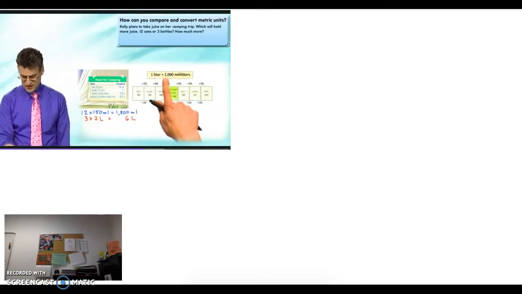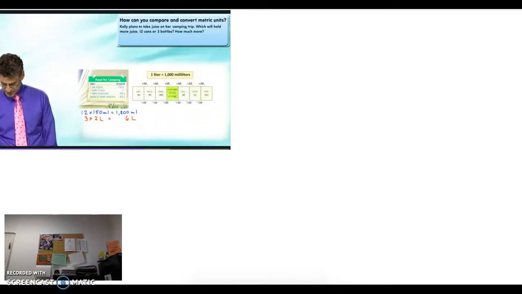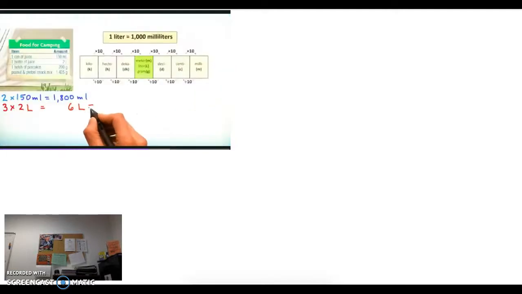So I multiply this by 6, and I'd see 6,000 milliliters. And so what I see is that this equals 6,000 milliliters. So these two are actually the same thing. Even though 6 seems so small, it's 6 of a very large unit, which is actually equal to 6,000 of a very small unit. And so really these are the same thing once we make the conversion using this conversion chart